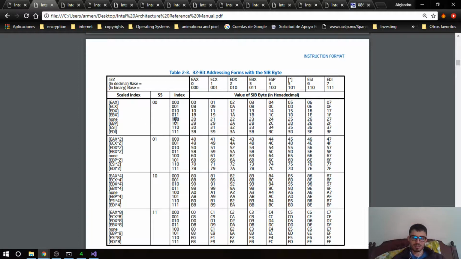We have an index which is 100. That means we have none, and we have it on the 24 because